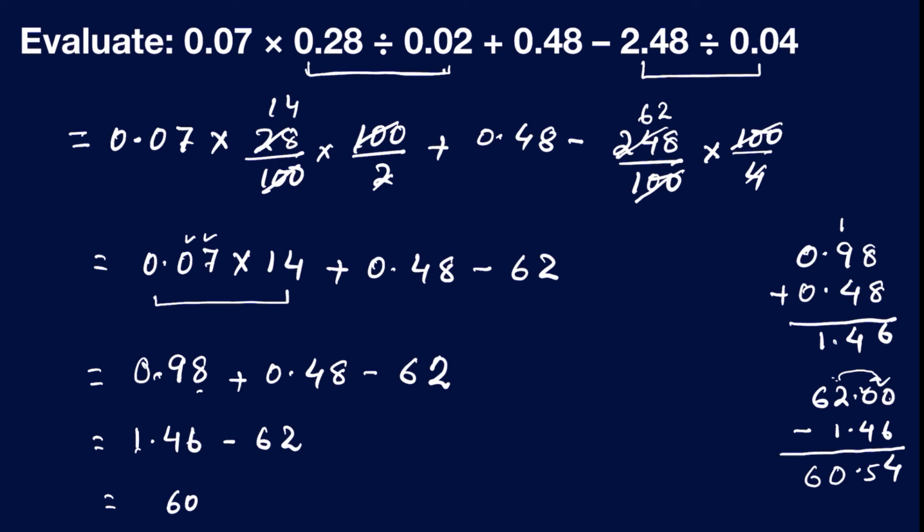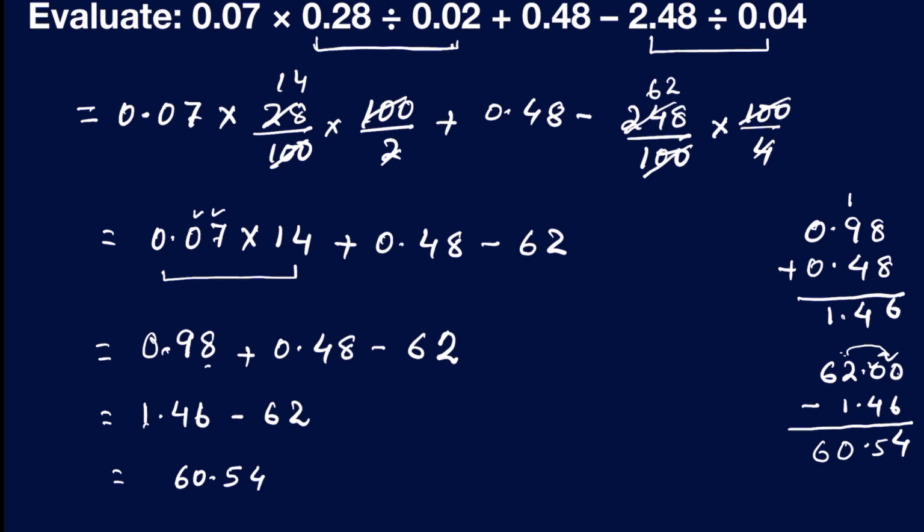60.54. Now the larger number has the negative sign, so the answer will also have a negative sign. So your answer is minus